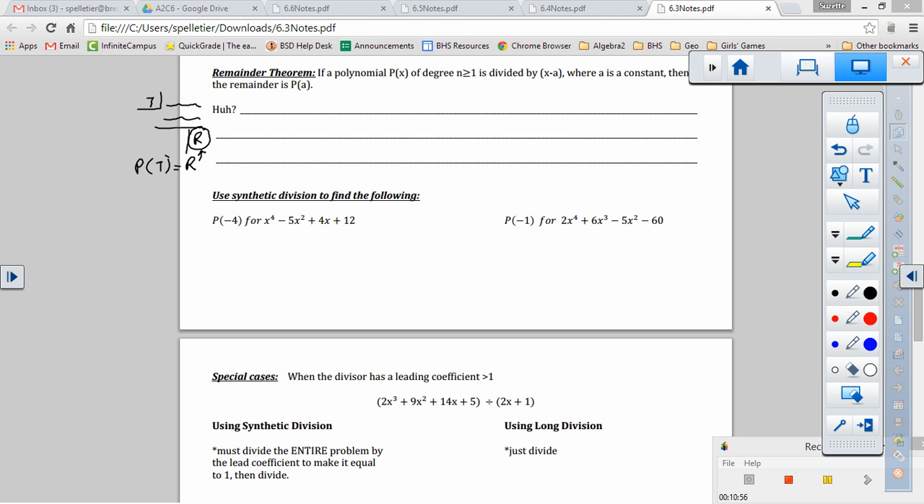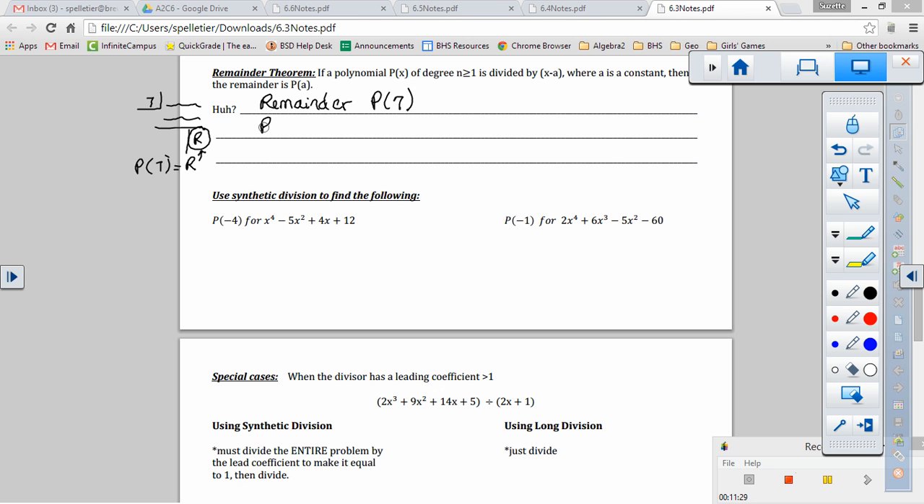So remember, when you do division and you get a remainder that is greater than 0, it's not a factor. If you get a remainder of 0, it is a factor. Then they're saying that this remainder theorem is a way to know whether or not that A term that you just divided into that polynomial is in fact a factor. So the remainder, P of 7,